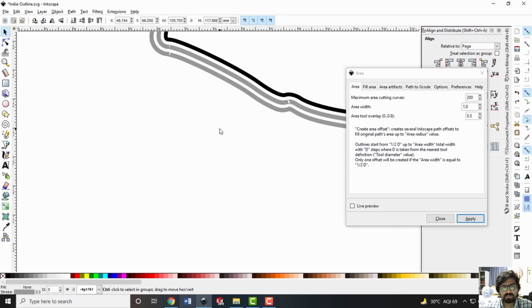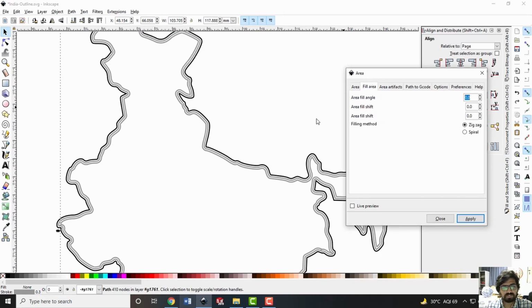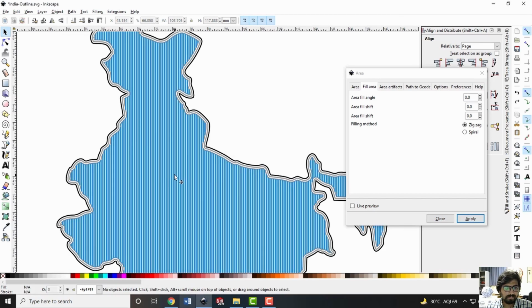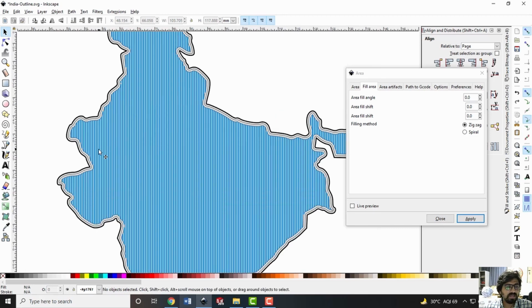So let me select this curve, and if we go now to the fill area option on the same tab, there are a few options available here. The first is zigzag, the second is spiral. If I use the option zigzag, let us see what happens if I say apply. It will fill the inside area by the zigzag passes. And as you can see here, now the outer few curves by offset contour toolpath are deposited, and the inside area has been filled by raster passes, right?